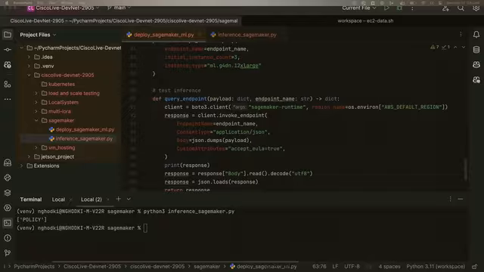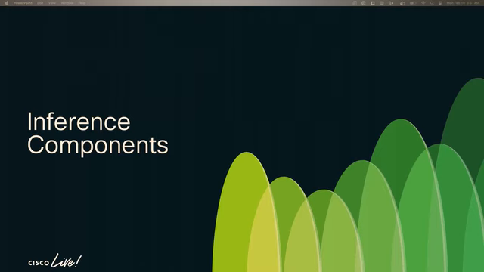So now moving ahead to inference components. Now what are inference components? Again, inference component is one of the features from SageMaker, and there is a similar feature available for Azure ML as well. So what inference component gives you is, it's another object that you create, which gives you,